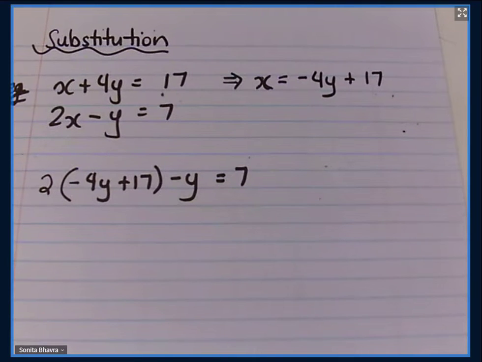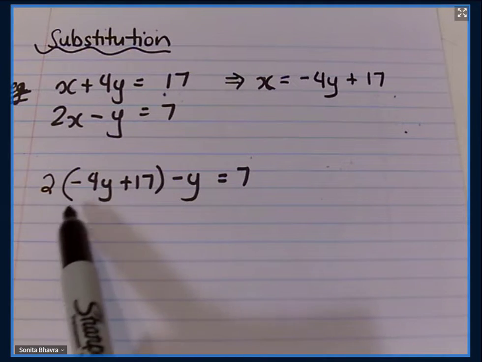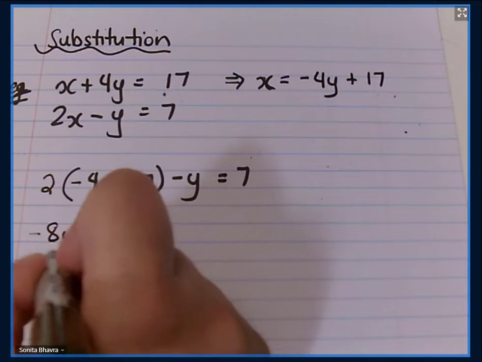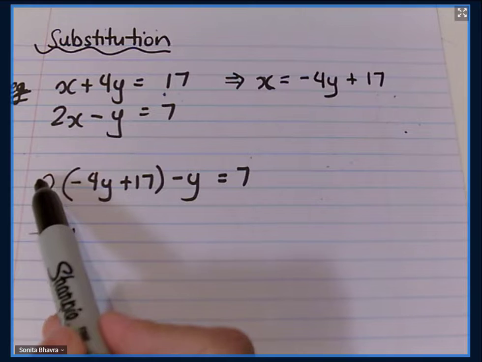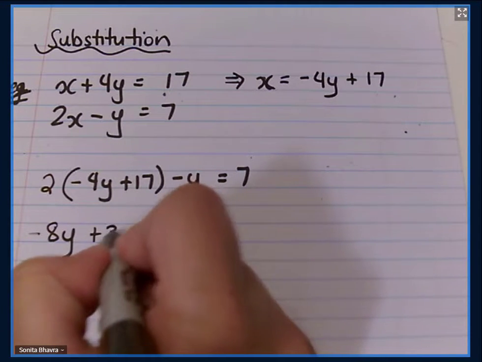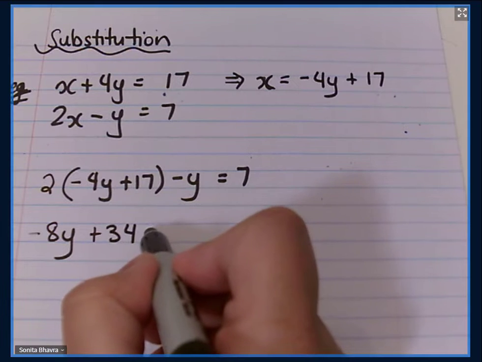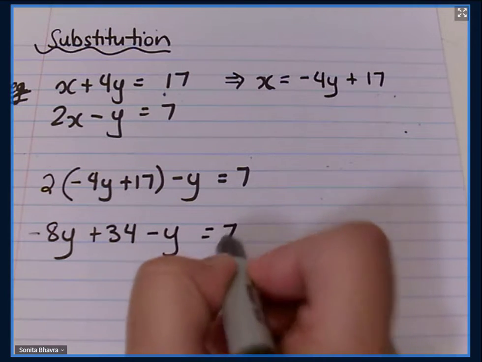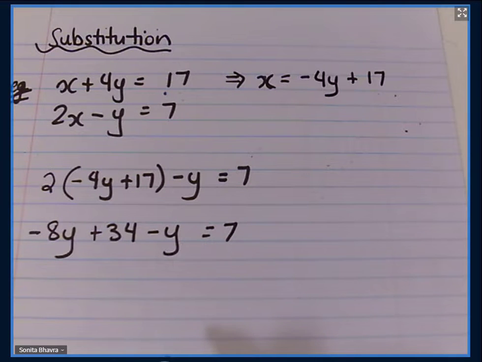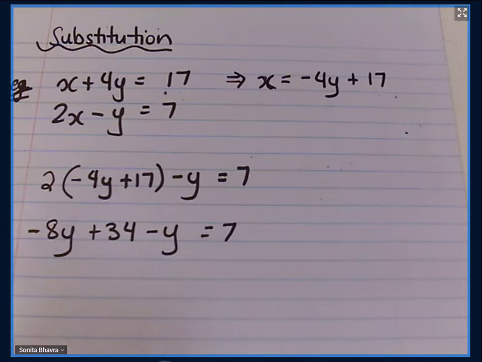All right, so first thing I'll do is multiply this out. So 2 times negative 4y, that gives me negative 8y. 2 times 17 is plus 34. Then I have the minus y, and then it's equal to 7. Okay, so next I'm going to collect like terms. I have negative 8y and negative y, so collect those together. That gives me negative 9y